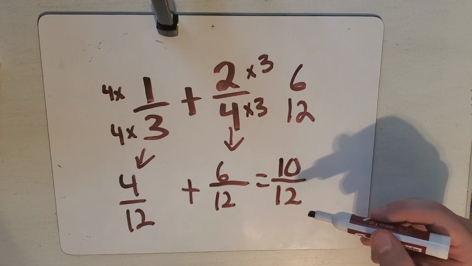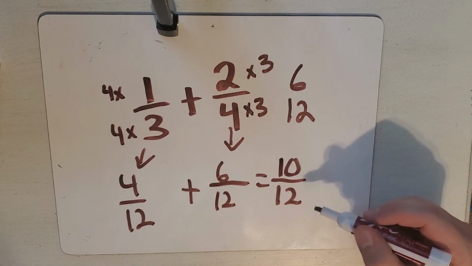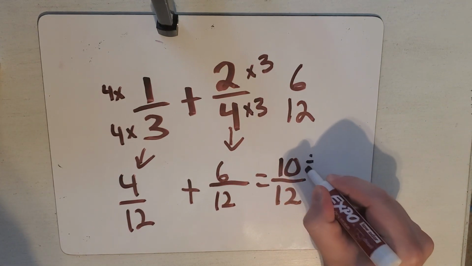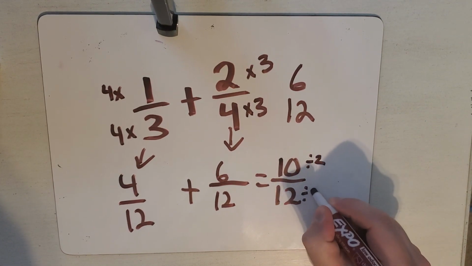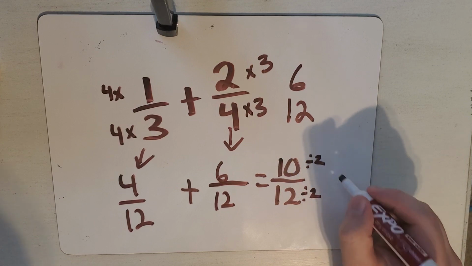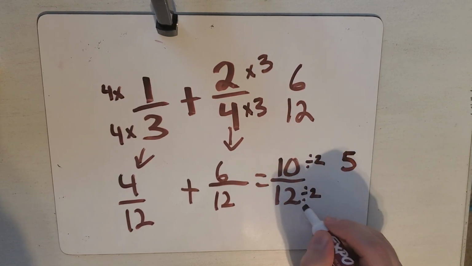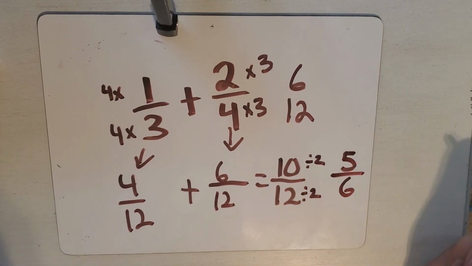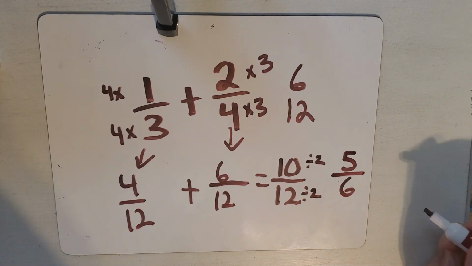I really use my factors and multiples, so I can divide both of these by 2. So if I divide both of these by 2, to put it in simplest form, 10 divided by 2 is 5. 12 divided by 2 is 6. 5/6 would be my answer,